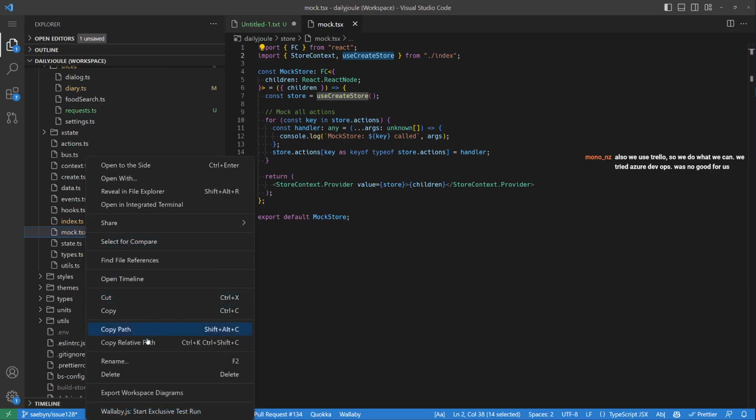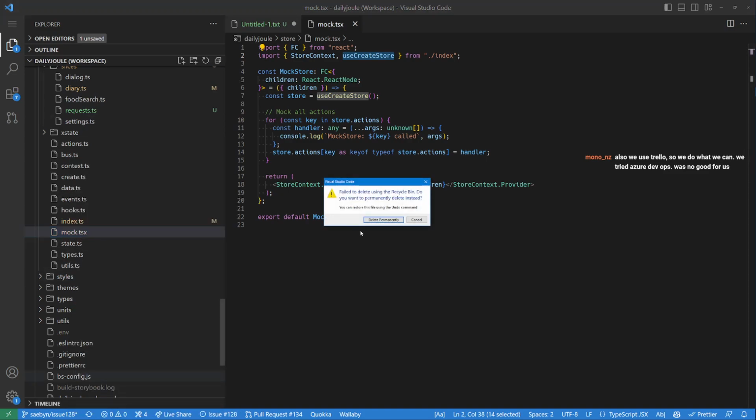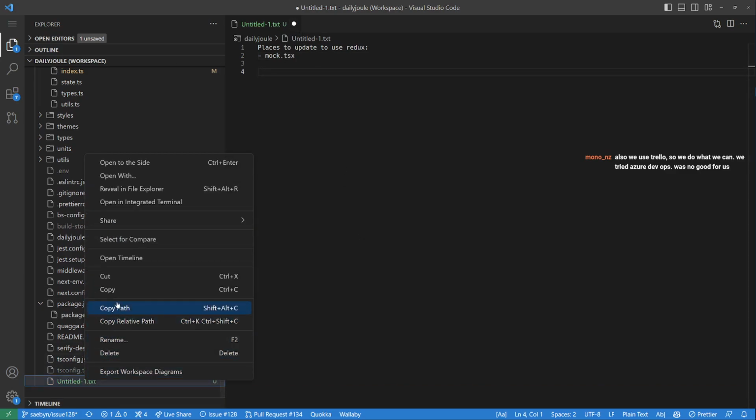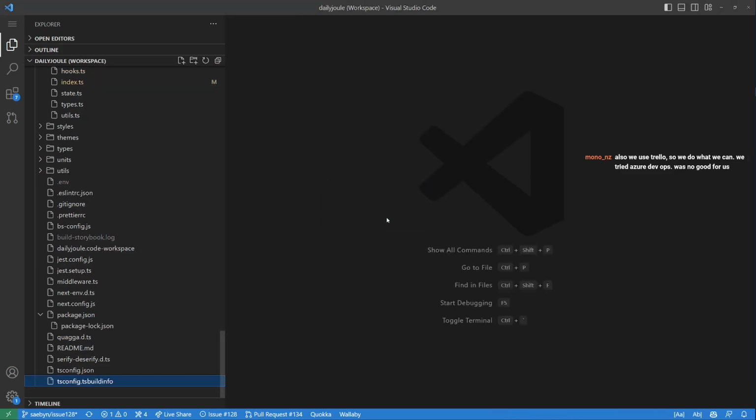Okay, I think I'm just going to delete this file because I don't think it has any use anymore. Because it is using the store context from index. Oh yeah, because this is inside store. Okay, so that goes away. Bye-bye. And then I can delete this to-do file. Yes, really. All right, and then